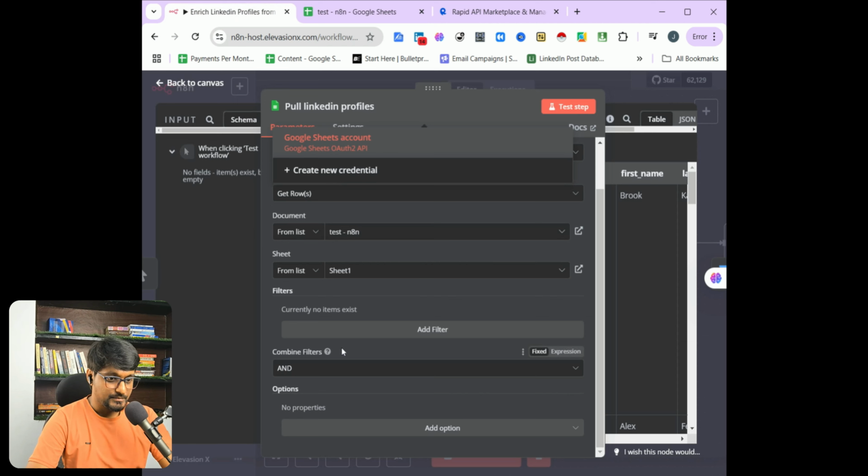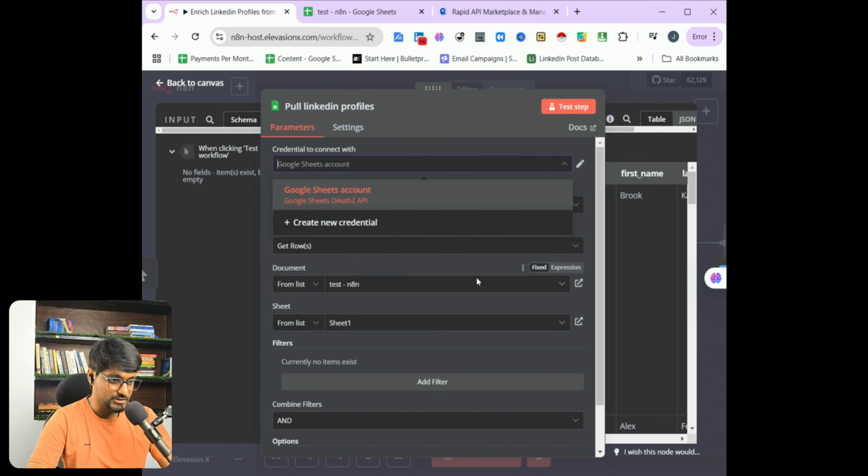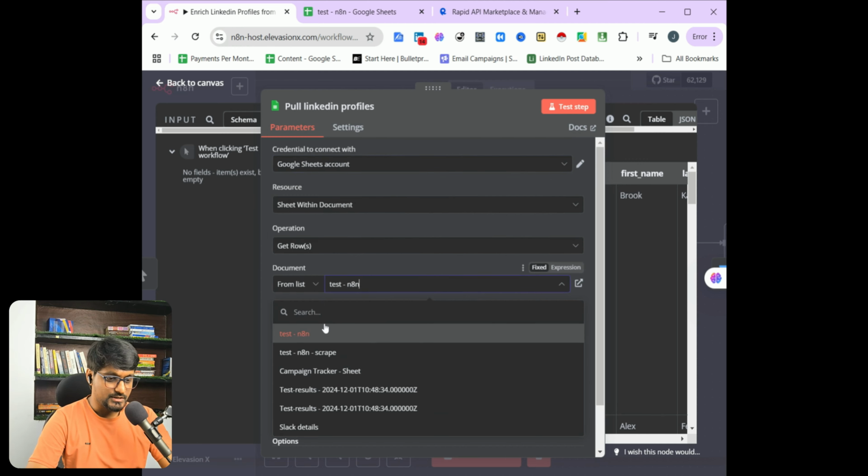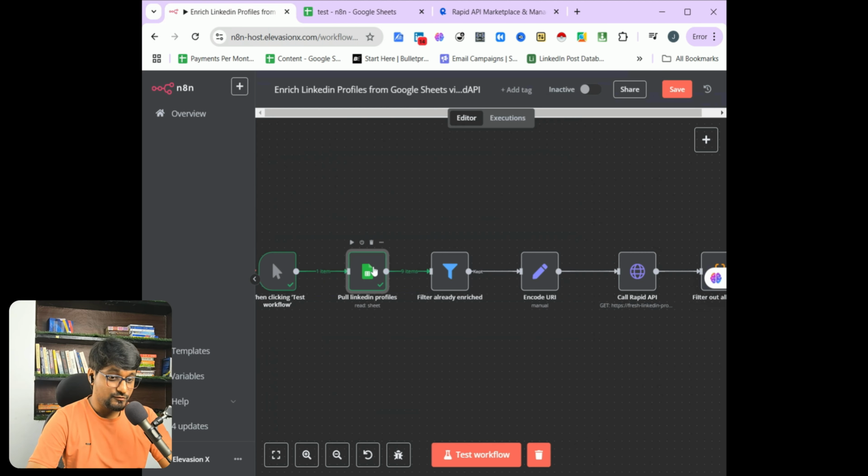Inside the document section, select the document which contains the data, so that this node fetches the LinkedIn profile URLs or names you want to enrich,